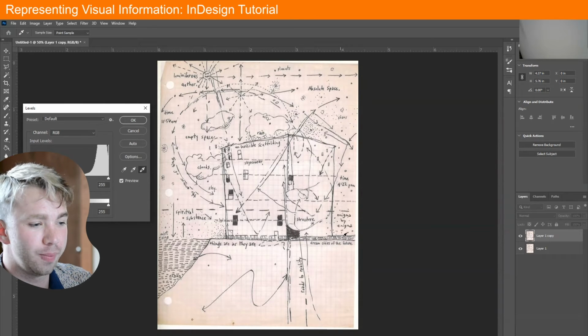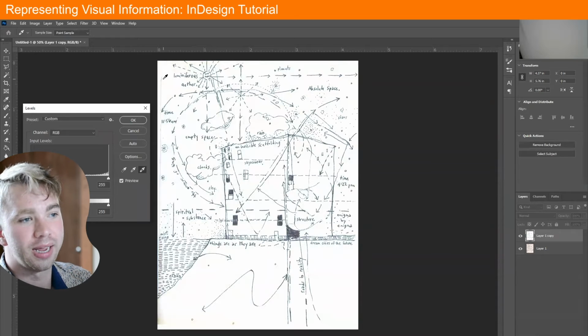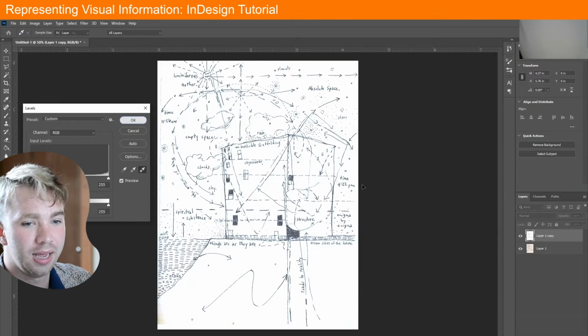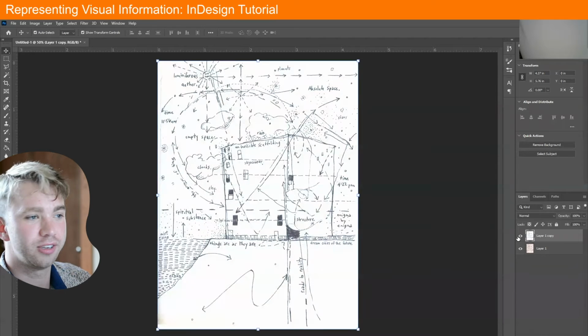So we have this beigey undertone here, so I'm just going to click on some different places until I'm happy. You can see now we're eliminating the paper underneath. It doesn't really look like a photo anymore, which is what we're going for. But as you can see from the original, it's become a little bit lighter. Our line quality is not as dark. So an easy way to fix that is just to